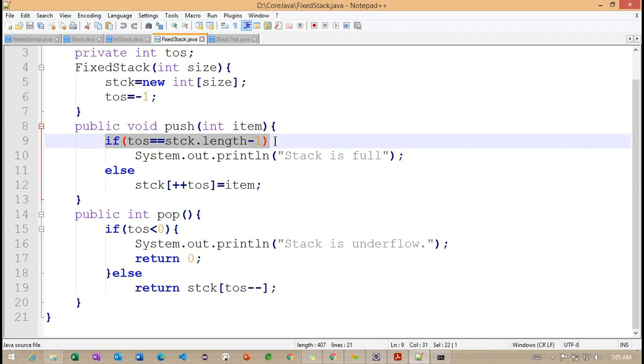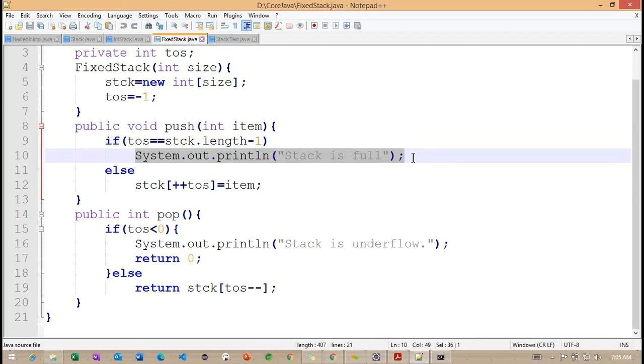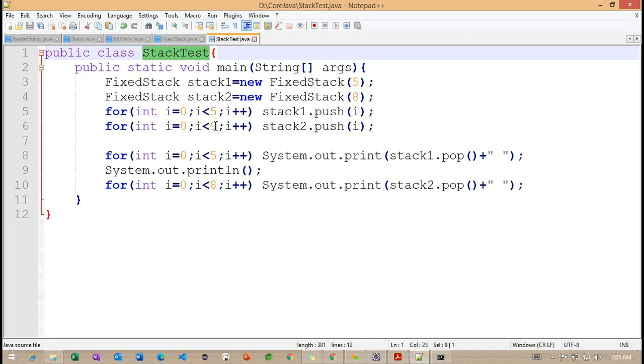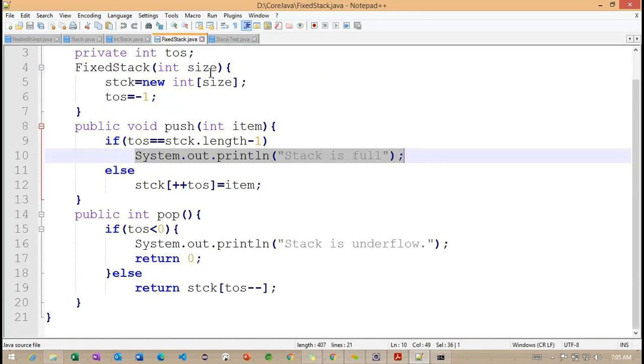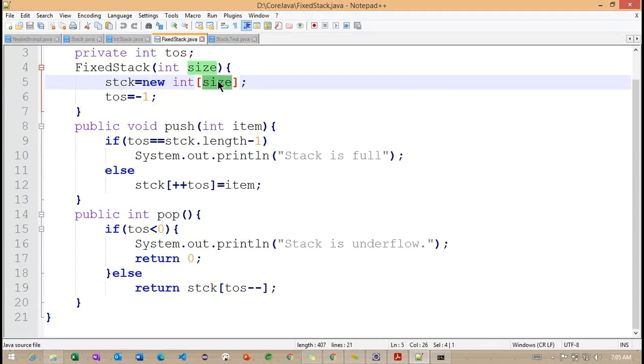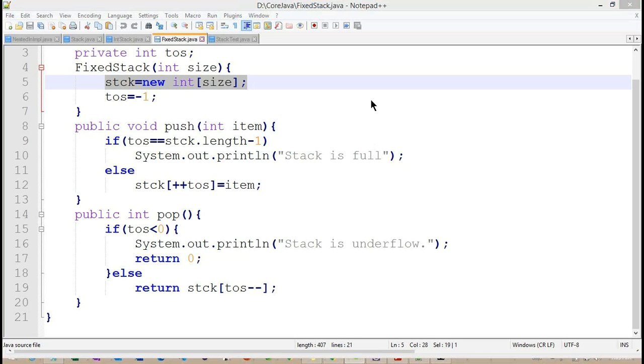Whenever this condition is satisfied, I don't want this message. The loop repeats from 0 to 7, but here we are trying to insert an 8th record as well, and when we insert it, the size is filled.